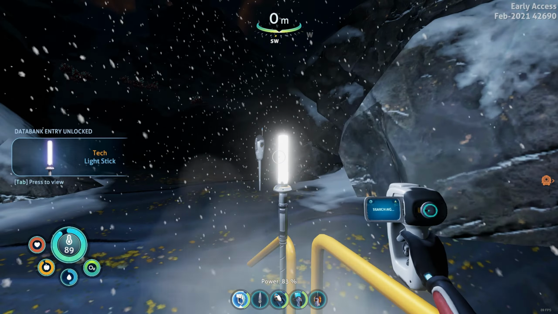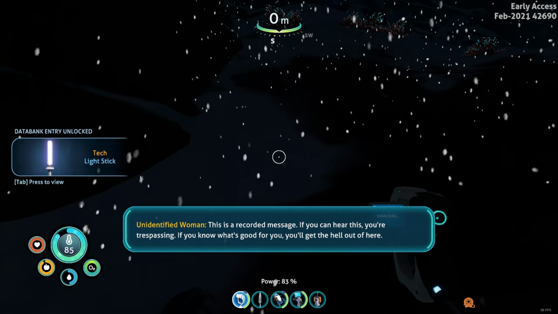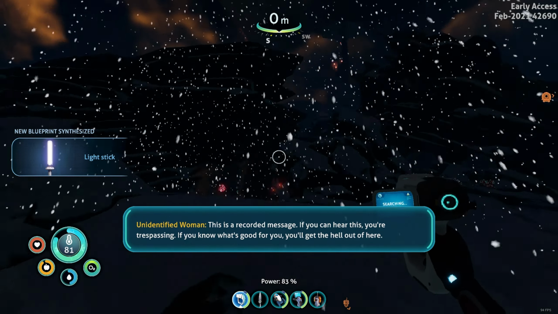Now I'm assuming because the radio tower is up on the top of the island, the outpost is going to be...